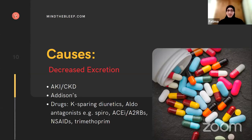Next category is decreased excretion of potassium. So potassium is mostly excreted by the kidneys. So obviously anything that causes renal failure of some sort, for example, an AKI or CKD, that reduces the glomerular filtration rate and you'll get less potassium excretion. Similarly, it's the renin-angiotensin-aldosterone system that regulates how much potassium is in the body. So anything such as Addison's, where you have hypoaldosteronism, or you have potassium-sparing diuretics, aldosterone antagonists like spironolactone, ACE inhibitors, and ARBs, they will all act on that pathway and can cause